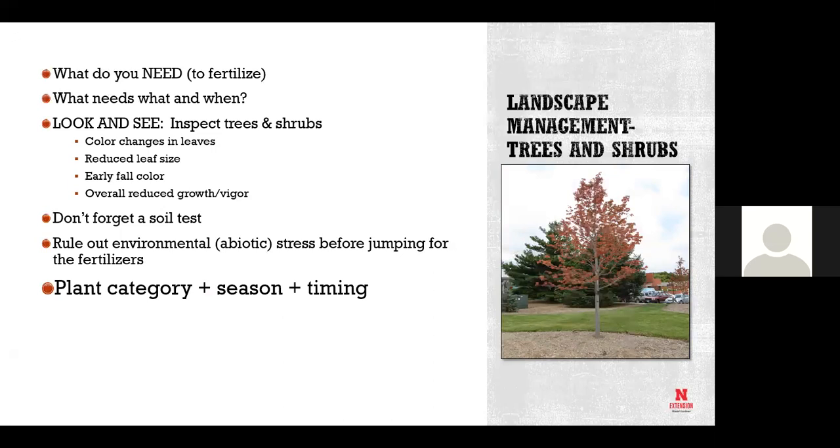So the question was, what about holly too? Any broadleaf evergreen would be the same. And with holly, one of the things you're going to have to also really be careful of is they set their flower buds on previous year's wood, which means that those flower buds are in the leaf axils. So if you do any pruning down into those flower buds, you're going to reduce your fruiting.